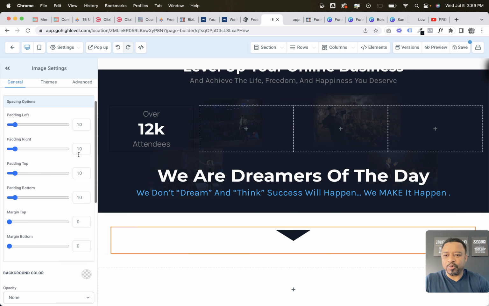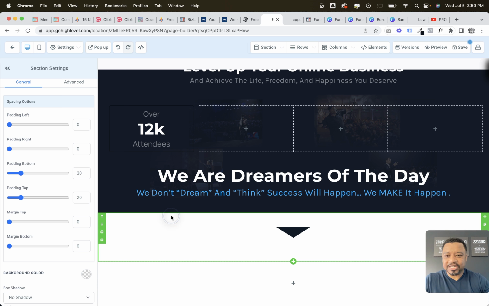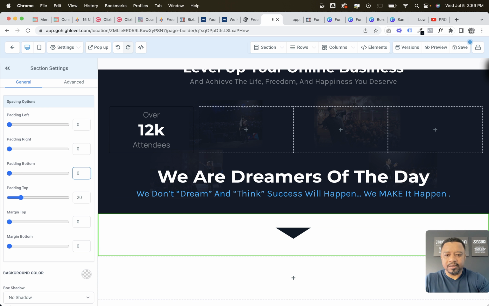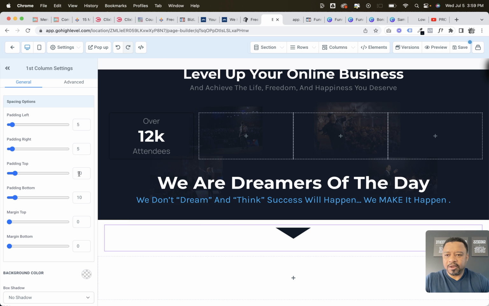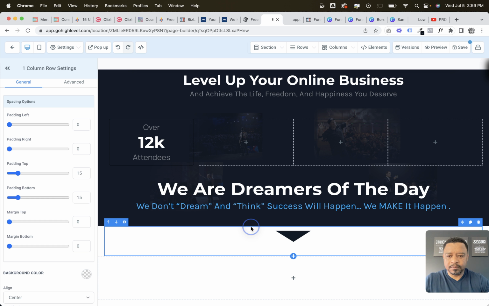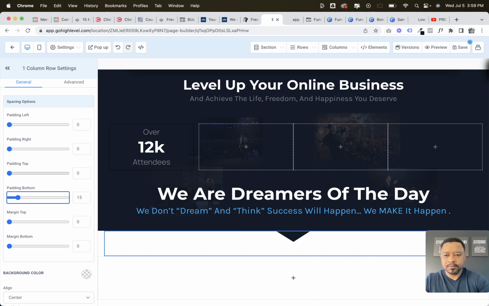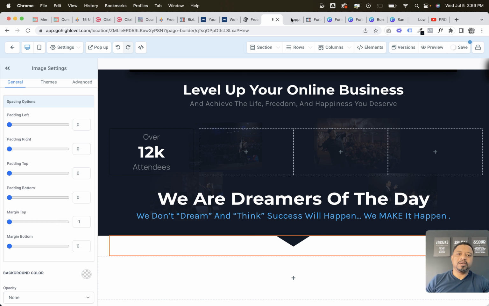On this image, I will remove all padding. In this section, I will remove all padding. Everywhere, I remove all padding. Just to be safe, I will put a margin at the top of -1. And you should see